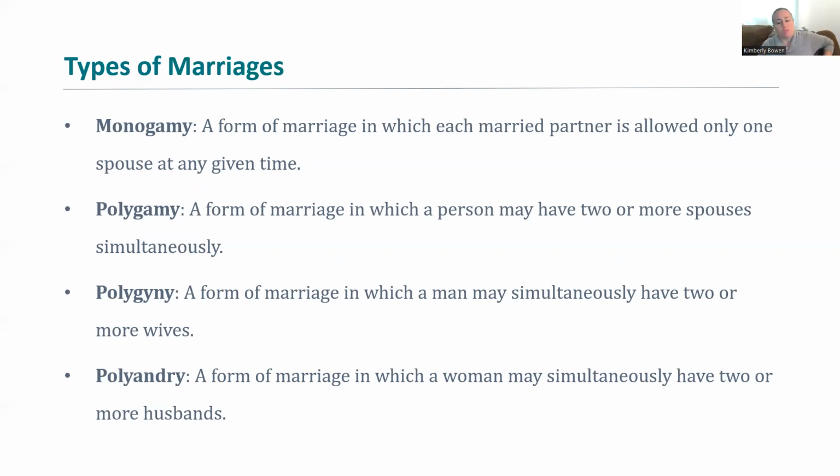Polyandry is a form of marriage in which women may have more than one husband, and polygyny is where a man has more than one wife. So you're going to see this in different variations. So you're going to see more polyandrous